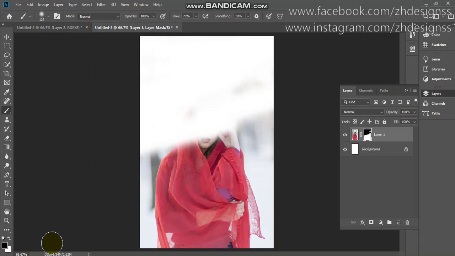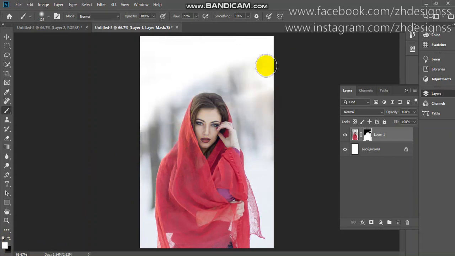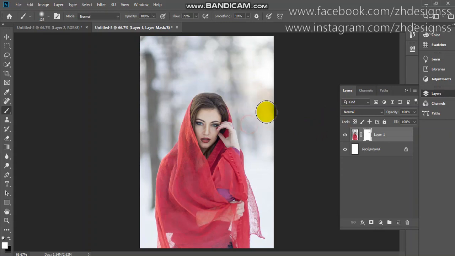If you want to bring it back, you can simply use white as your foreground color, like this. How easily you can bring it back. It is very helpful, especially when you are taking a selection.